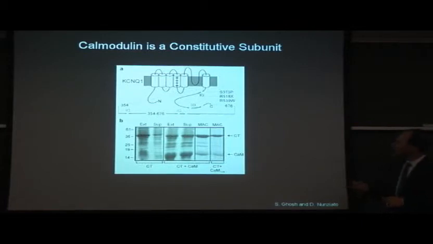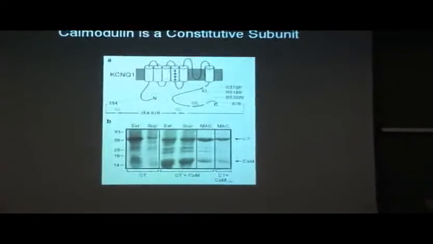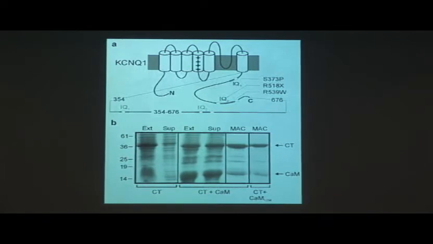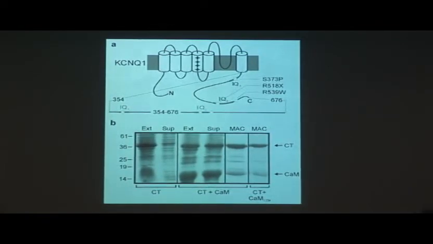In order to do that, we expressed in bacteria the entire C-terminus as a 6-histidine tag fusion protein. And now we have no detergent whatsoever. This is just sodium chloride, a little bit of Tris, calcium, or EGTA when we want it. And what you can see is that in the bacterial extract, we can express the C-terminus quite well, but without detergent, none of it's soluble. We've seen this now for several cases where we've looked at calmodulin binding motifs and channels: sodium channels, calcium channels.